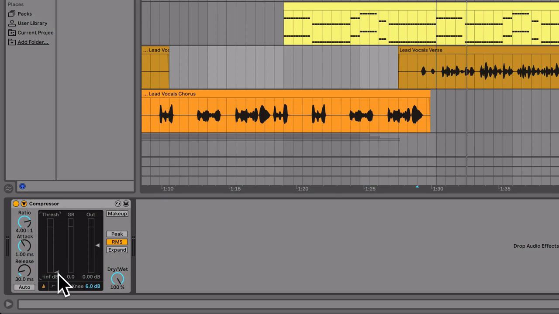Now, the next thing I want to talk about is the ratio. What the ratio does is determine how much gain reduction is applied once the threshold has been reached. So at the moment, with a ratio of 4:1, for every 4 decibels that exceed the threshold, only 1 will be allowed through. If we change this to a ratio of 2:1,